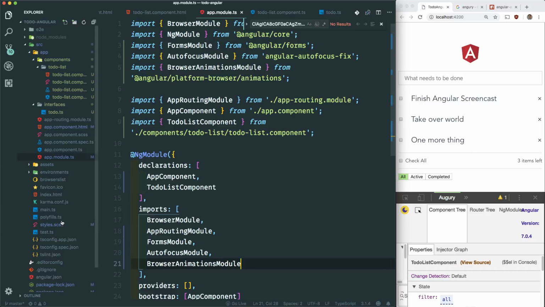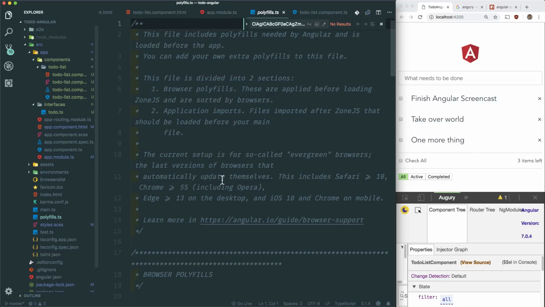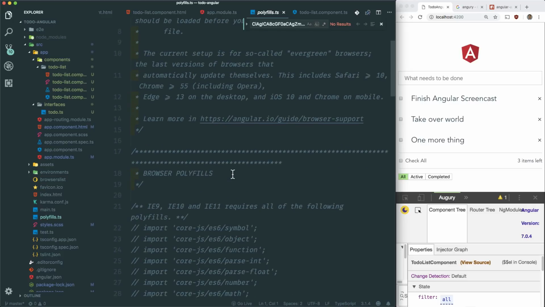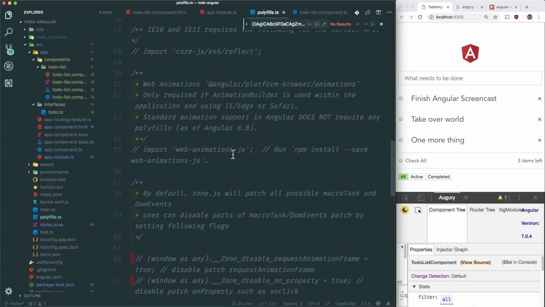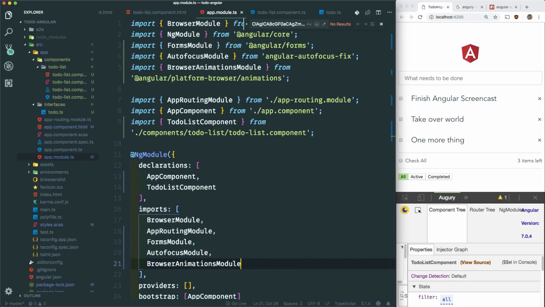Now, if you want, since the Web Animations API doesn't support all browsers, there's a polyfill here for web animations. So if you want that, just uncomment this and then npm install this package if you need older browser support. I'm not going to do that because this is just a demo. Okay, so let's go back into our